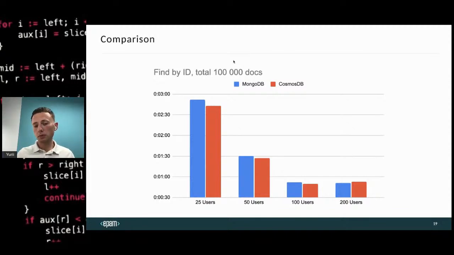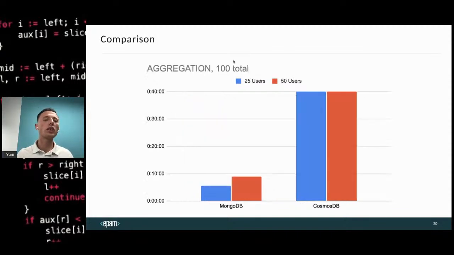And the next thing that I wanted to measure is the aggregation. I went to the MongoDB documentation and took the first aggregation query. It looks like we have a group by status and then sum by total. And in this diagram, we can see that Mongo has done this.